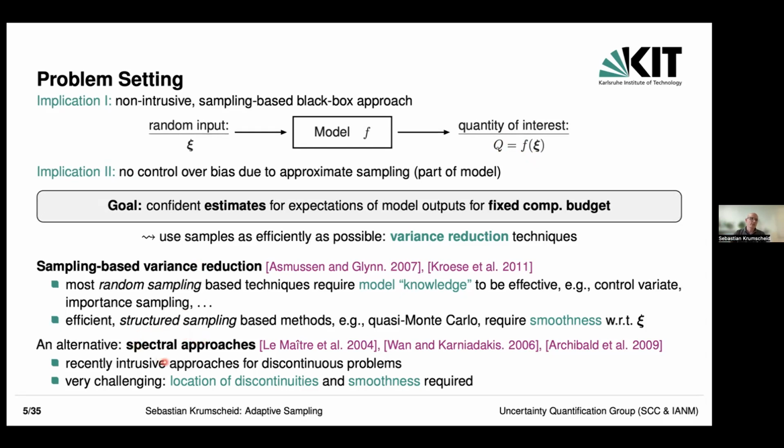There do exist some spectral approaches for these hyperbolic or random hyperbolic problems. What they typically do is try to track the discontinuity, like you do, for example, in standard deterministic hyperbolic systems. So it's front tracking ideas, for example. And usually they have been developed for rather toy problems because they follow an intrusive approach. So again, for our legacy code, we have very little hope that these intrusive approaches will be possible. And as I said before, we have no idea about the location of our discontinuity.